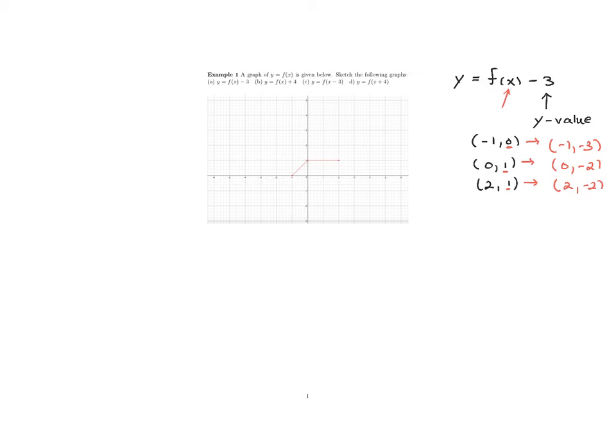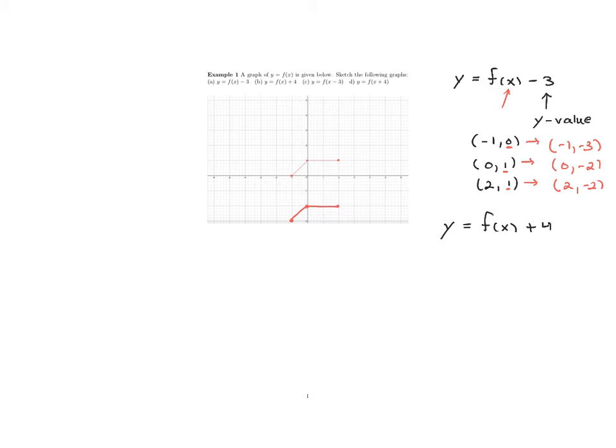So let's see. We have -1, -3. That's here. We have 0, -2. And 2, -2. So I took the 3 points on the graph and they all dropped down 3 places. So the entire graph does this. And here we have a graph of f of x minus 3. Now if we compare this to part B, if we have y is equal to f of x plus 4,